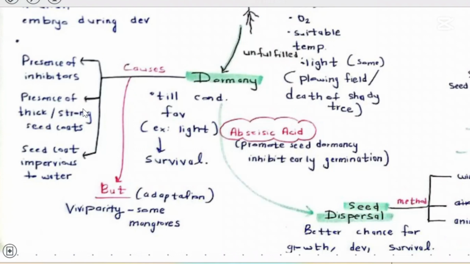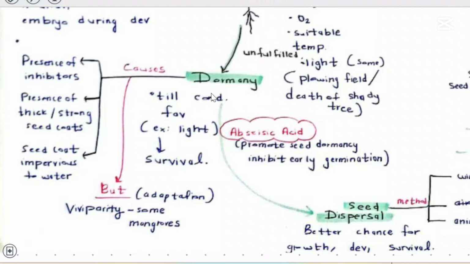So if there's a strong and thick seed coat, then water will not be allowed into the seed, right? Then what happens? You can't germinate, so it remains dormant. Or if the seed coat is impervious to water, there are some seed coats that are very impervious to water. So what do you do? You soak them in water. That's a procedure we usually do in order to germinate a seed, right? So an impervious, thick or strong seed coat, or even the presence of inhibitors, are causative reasons